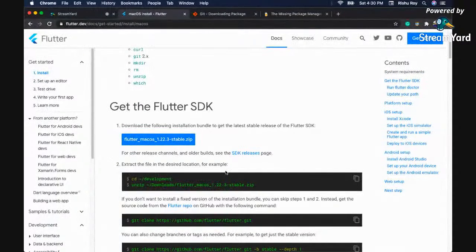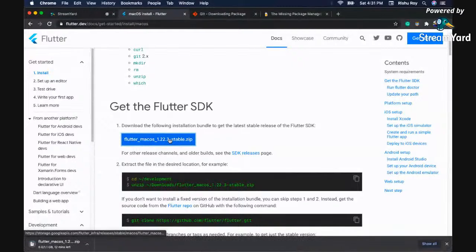So to use Flutter, you have to first download Flutter SDK. To download this, you have to just click on this button, and it will start downloading Flutter SDK on your system. Basically, it takes time. It's 1.1 GB, so I am not doing this again. And if you are done with the installation, then you will get a